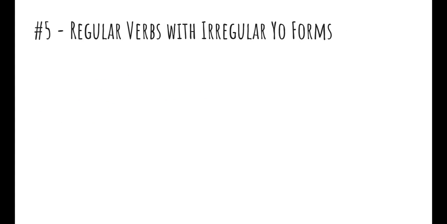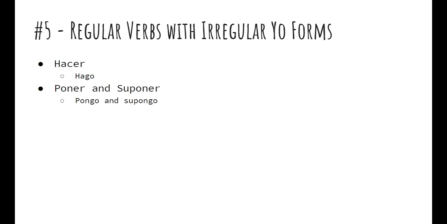And then we'll also have some irregular forms with regular verbs, so non-stem changers, but they have irregular yo forms. With hacer, not a stem changer, but its yo form is hago. Poner and suponer, you have pongo and supongo, respectively. Salir, you have salgo. Traer, you have traigo. And then there's just a couple of other irregular verbs I just want to remind you